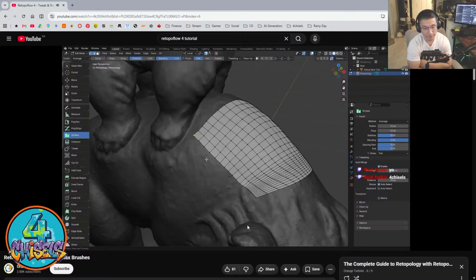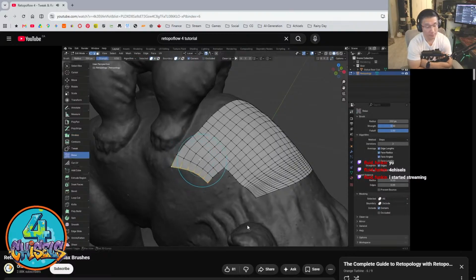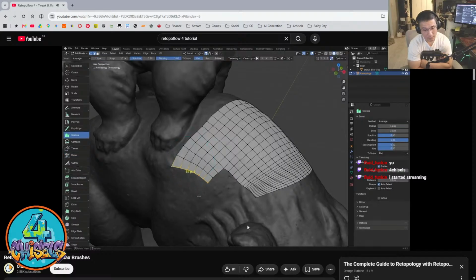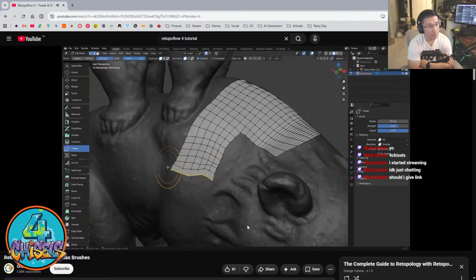Let's say I'm working in strokes and want to extrude this part of the mesh at an angle. Well, I can hold down Control and draw that line, but then to tweak it, I can simply hold Control and Shift, left click and drag, and make my tweak. And then to smooth that out, I can simply hold down Shift, left click and drag, and smooth it out. So this makes it really fast to work with larger strips of quads because I can simply extrude them, move them as I need to,